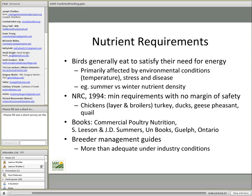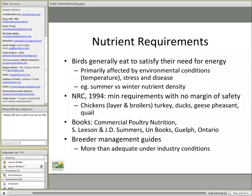If the birds are hot, just like when you and I are hot, we tend to eat less and drink more. So therein lies a challenge in summer situations when the temperatures are high to maintain egg production because birds don't like to eat as much as they normally would. Energy consumption is also affected by stress and disease. Animals that are stressed or not utilizing nutrients may increase or decrease their food consumption and energy consumption depending on